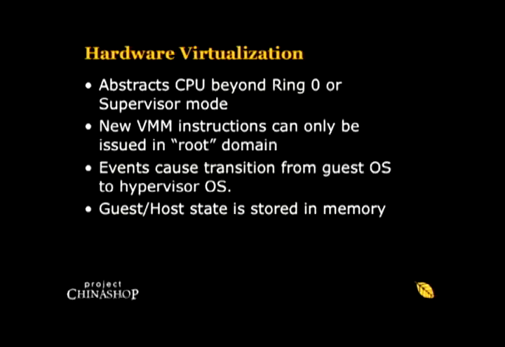Basically, what the virtualization does is abstract all the state of the processor beyond ring 0. There's a special set of instructions that can only be executed in what they call a root domain, and that's how they have a fully privileged ring 0 and a lesser privileged ring 0. And what it does is basically we'll use a memory page to